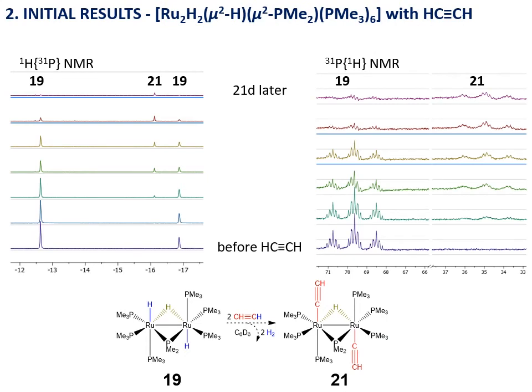On the left side, you can see the progression of the metal hydride proton-phosphorus decoupled NMR signals, and the bridging PMe2 phosphorus NMR signal on the right. The signal for this bridging hydride is at relatively high field. The product also appears to have a bridging hydride corresponding to this signal, and also a bridging PMe2 corresponding to this signal. After 21 days, the starting material is completely consumed. However, product degradation is also apparent.